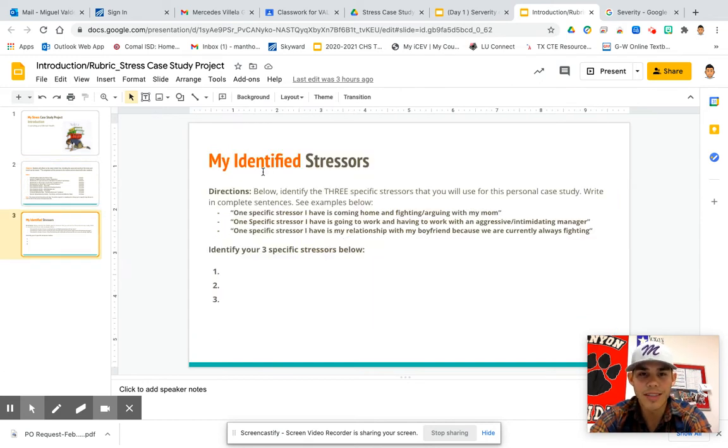Okay, and then you're going to go down to this last slide and complete this, okay? And so directions below: identify 3 specific stressors that you will use for this personal case study, okay? So I want you to challenge yourself. Here are some examples. One specific stressor I have is coming home and fighting and arguing with my mother. Maybe another one is, one specific stressor I have is going to work and having to work with an aggressive and intimidating manager. Maybe another one is, one specific stressor I have is my relationship with my boyfriend, because we are currently always fighting, okay? And so that's maybe another one. And then you're going to identify those there. All right, and so that's how you complete this slide, and then you'll